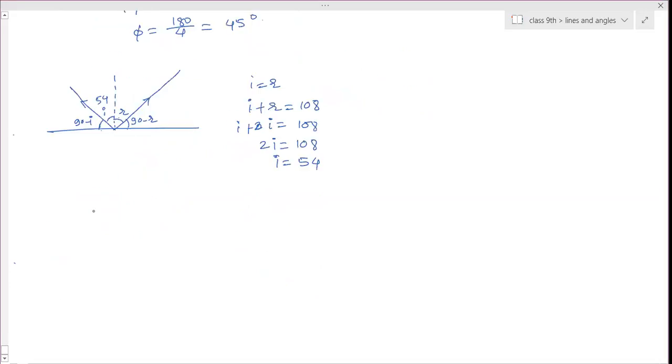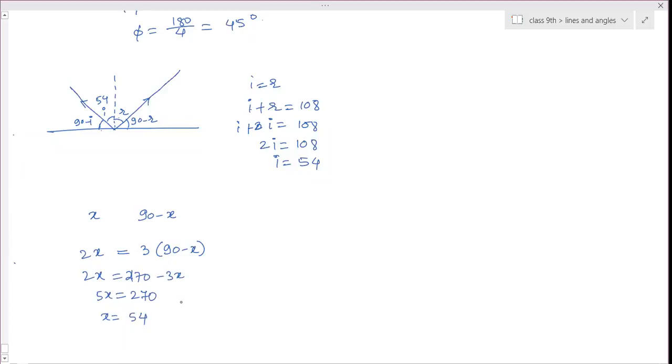Two complementary angles are there. So one is x and the second one is 90 minus x. Then twice the measure of one angle is equal to thrice the measure of the second angle. So it is 2x is equal to 270 minus 3x. 5x is equal to 270. x is equal to 54, since 5 into 54 is 270.